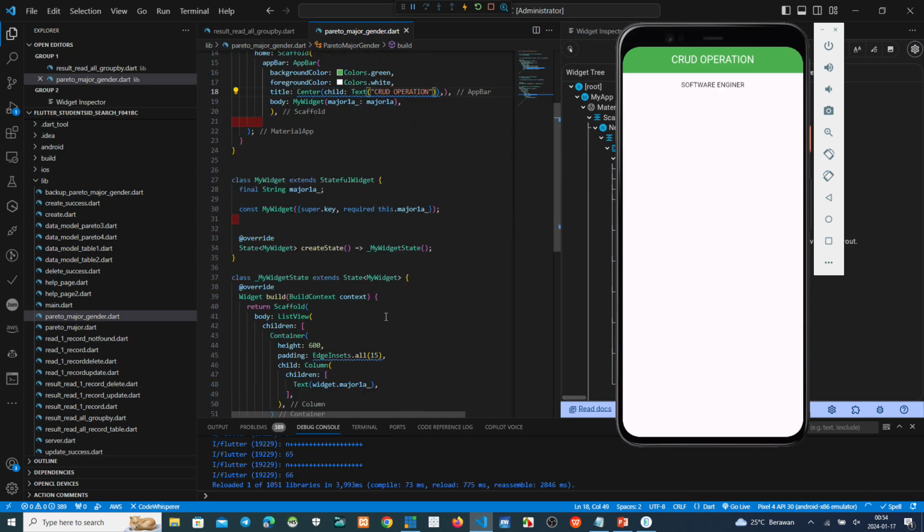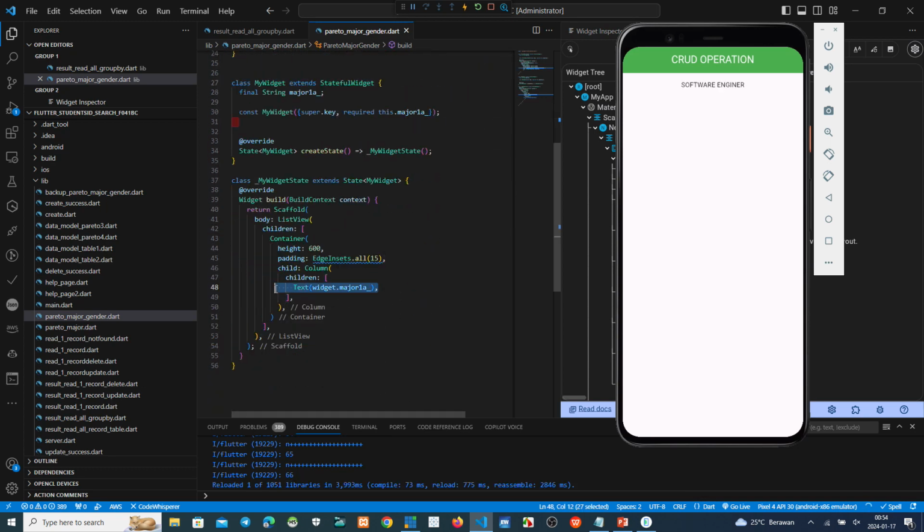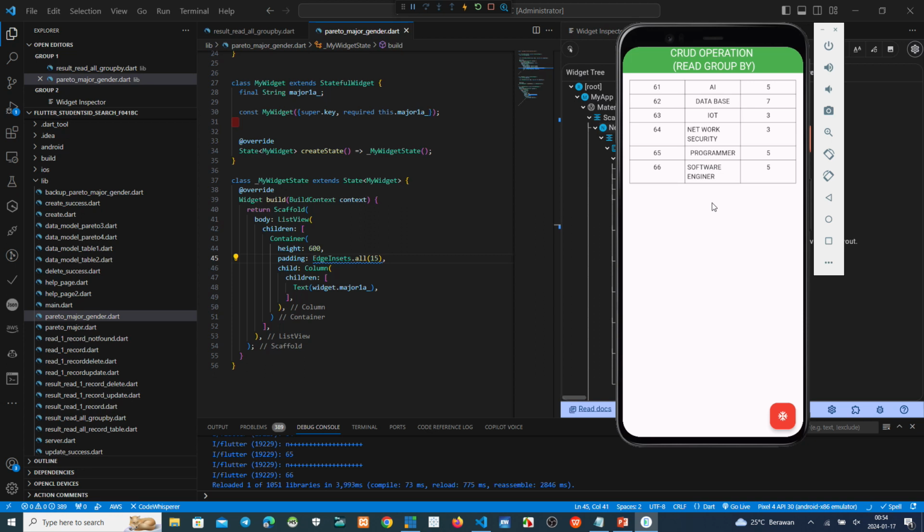Okay, on the stateful widget, print or show the parameter name. Oh, this one. Okay, this one, we click here. For example, database. This one, database.